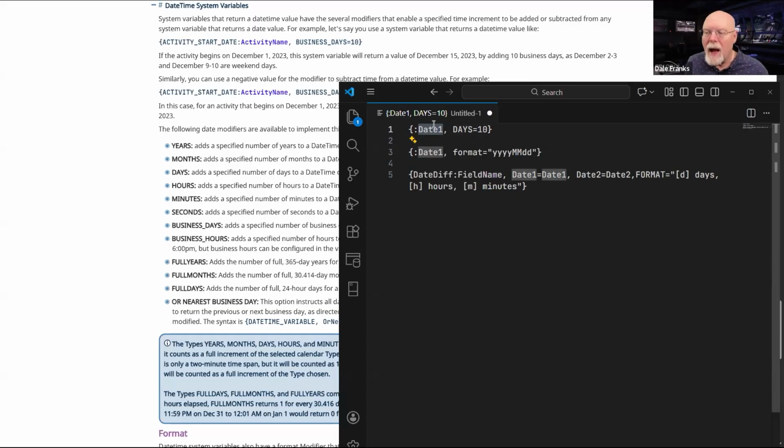Therefore I can manipulate it as I just did by saying, okay, how many business days do I want to add to date one? Business days don't count weekends by default, and they don't count any of the holidays that you have specified in your custom variables file. None of those are business days. So all weekends and all holidays don't count as business days.